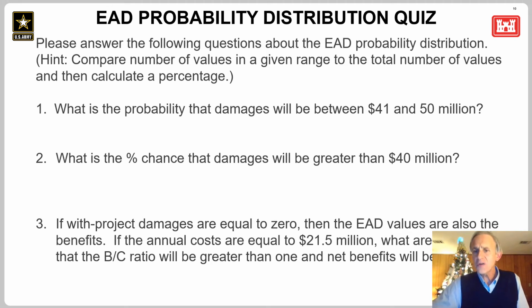If the annual costs are equal to 21.5 million, what are the chances that the BCR will be greater than 1 and net benefits will be positive? Well, you can only do this with a single point estimate. You couldn't answer these types of questions that way, but you can in the risk world. So moving forward,